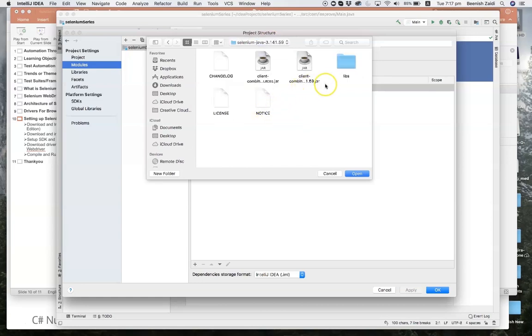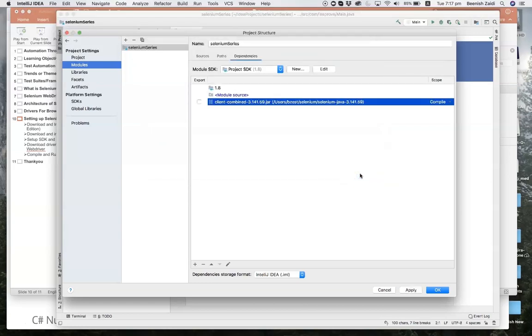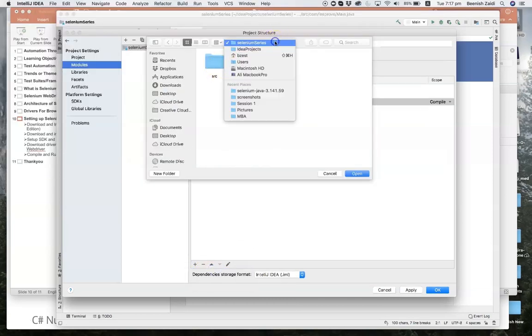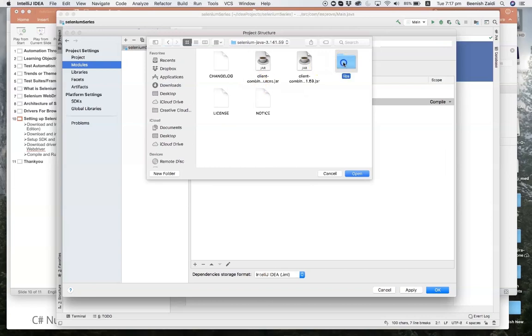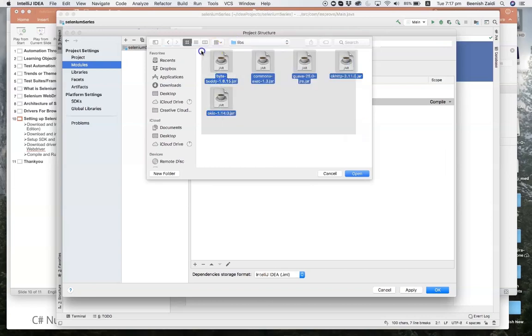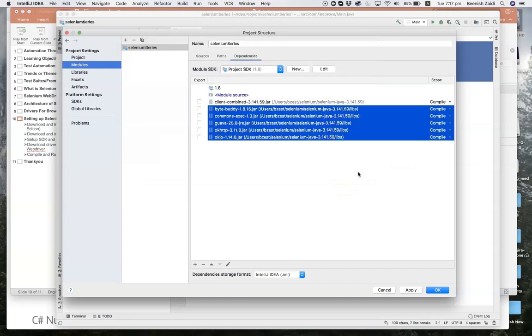Here we go. So this is where I had downloaded all of my Selenium jars. First, I will configure these two jars, and I'll say open. You can see that it has added those two jar files to my class path. Now I'll give it a go again, go to this particular folder, and also include all of these dependent libs as well. Now you can see all of these jar files are present here, which were basically downloaded from